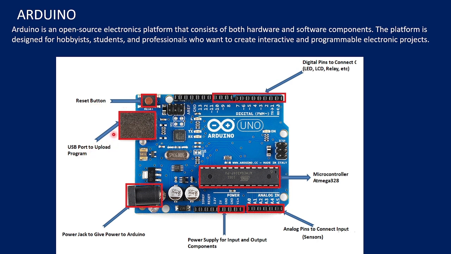and there's a USB port. This port we should connect to the computer. If you need a power jack here, we can connect an external battery here, and these ports are called digital pins. So if you want to measure the digital signals, you can connect it here, and there are analog pins to connect here. So a sensor should be connected here to detect the analog signal,